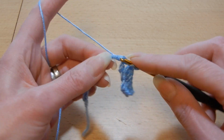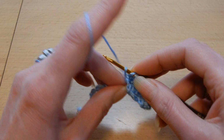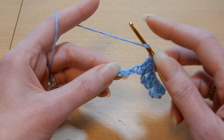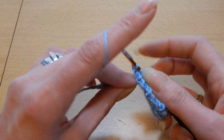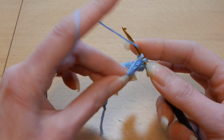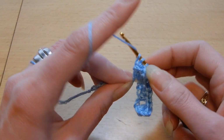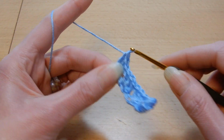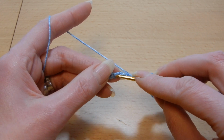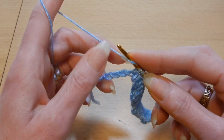So 1, 2 and 3, and we're gonna do like this. Skip the next 2 chains, and in the third 3 double crochets. Okay, skip the next 2 chains, and in the third 3 double crochets, and you're gonna be left with